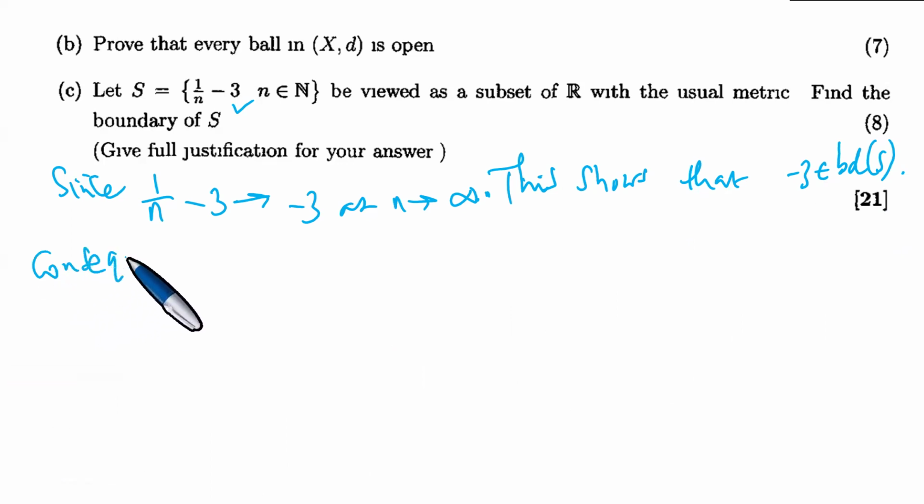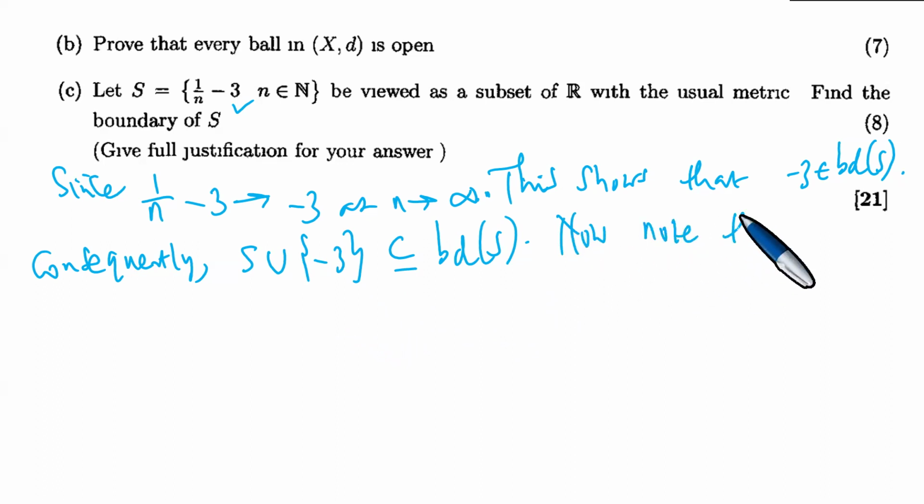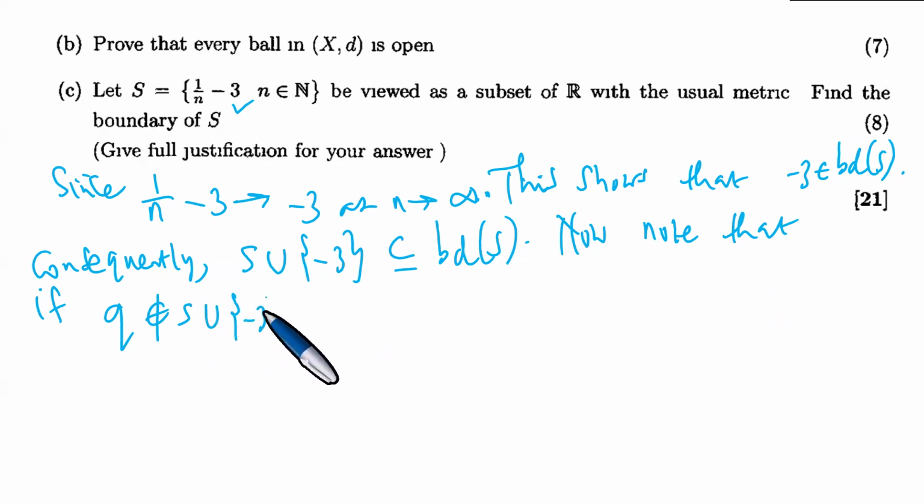Consequently, the set S union minus 3 is a subset of the boundary of S. Now note that if Q is not an element of S union minus 3,